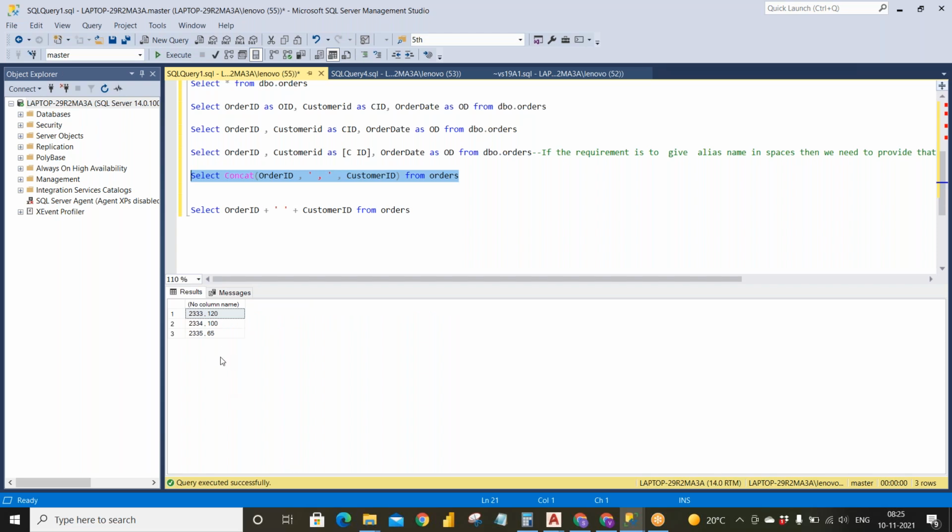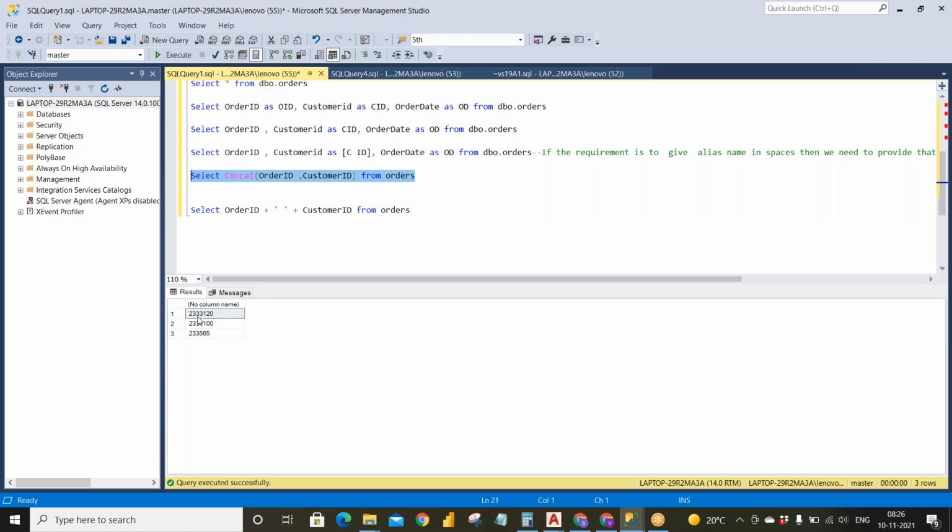Concatenation is, if you have used Excel also, just combining two or more columns. In Excel, if you use the concatenation of A and B columns, it will just add A, B. Suppose in the A column you have SQL, and in the B column you have demo, and you concatenate A and B columns, then it will result in SQL demo. If you are not giving the single inverted quotes and this comma, it will simply add them without any space.